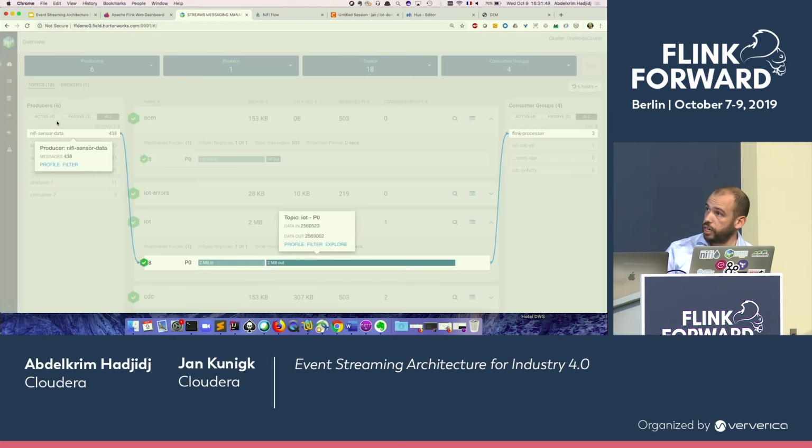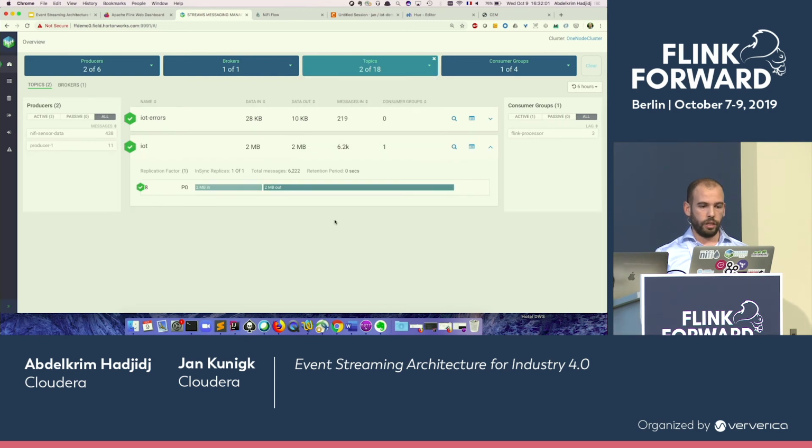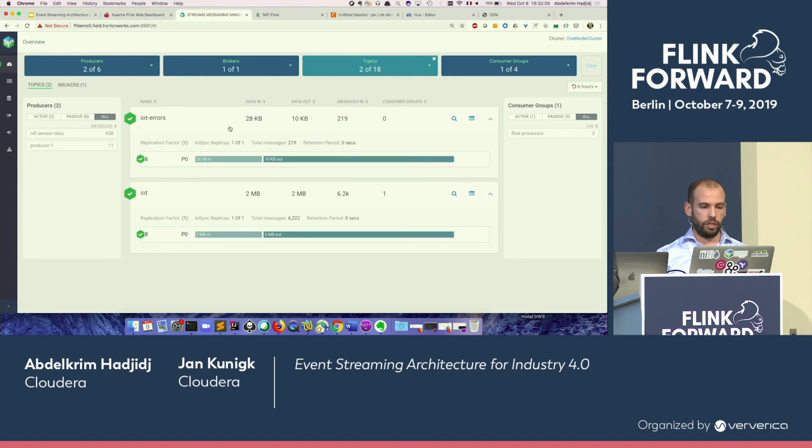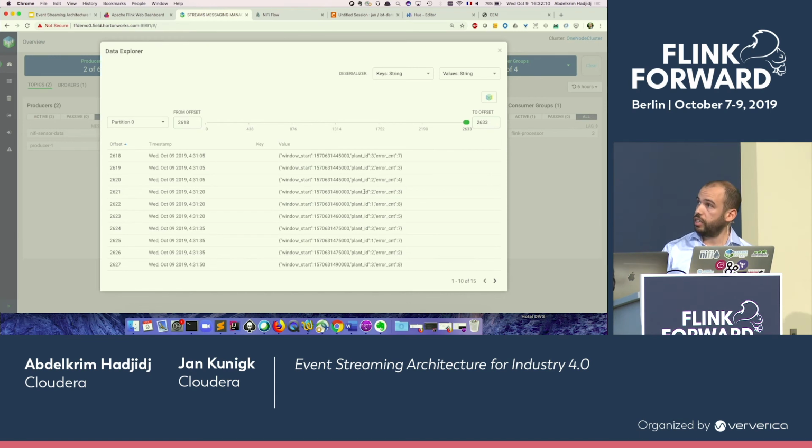As you can see, NiFi is producing here, and we have our Flink processor, which is our Flink application, reading from this. I can select here and filter on IoT because I want to focus on this use case. The Flink processor is doing some processing and then writing back into this IoT error topic. When we look inside it, we have counts through windows, and we are mainly counting for each plant how many errors we have seen to start our treatment.